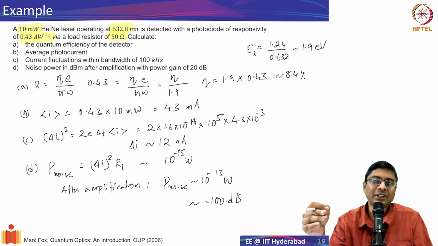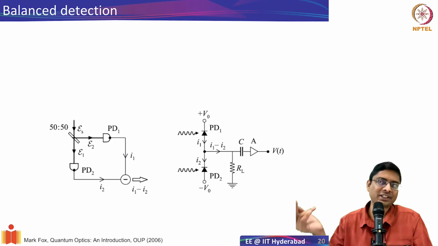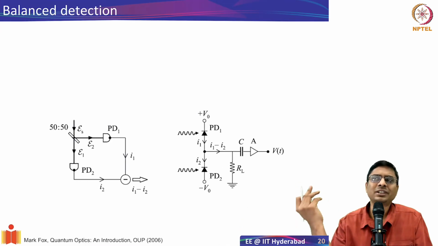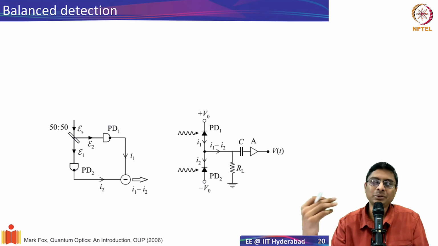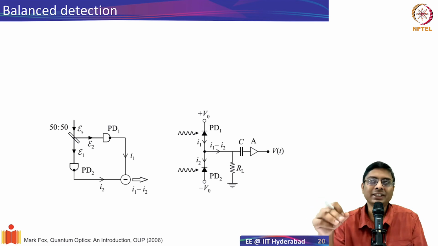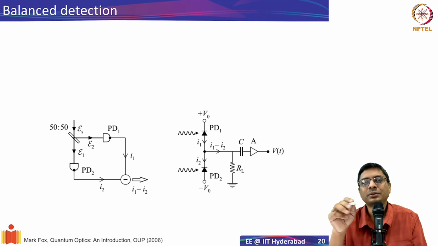We are trying to look at ways by which we can detect below that, or rather at intensities higher than that. Because with extremely sensitive detectors, if the intensity level is more than a few hundred picowatts, you cannot measure. If you want to look at the 100 microwatt regime, you have a lot of photons coming in. Is there any way to look at that? Yes, there is. It's a little bit tricky. In a photo detection process, the current fluctuations correspond to the photon number fluctuations, and we want to look at the current fluctuations to determine something about the statistics. That's the whole goal.